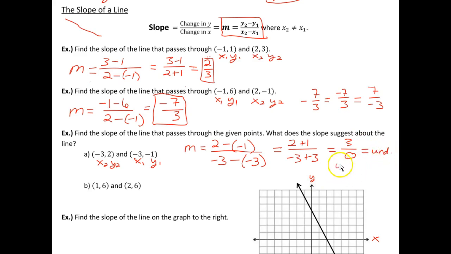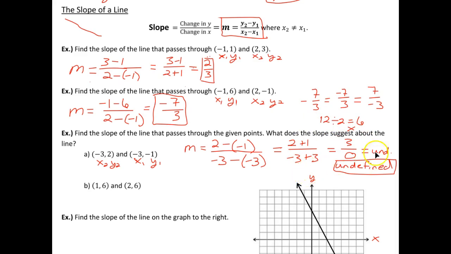Let me write it out better here. Undefined. So why can't I divide by 0? Well, division and multiplication are inverses, right? So I should be able to check my division with multiplication. So if I said 12 divided by 2, that's going to give me 6. And I can check that by working backwards and saying 6 times 2 gives me what I started with,